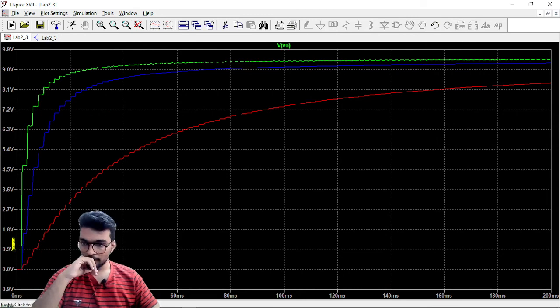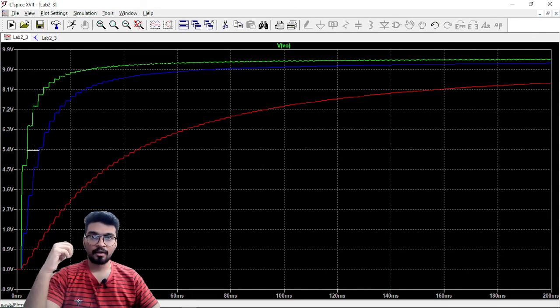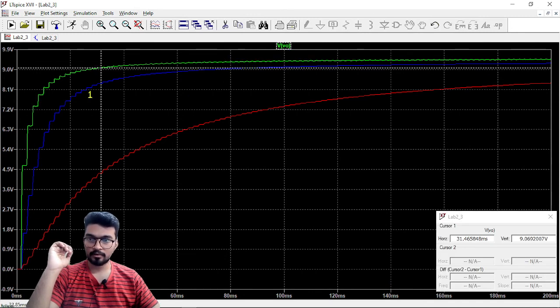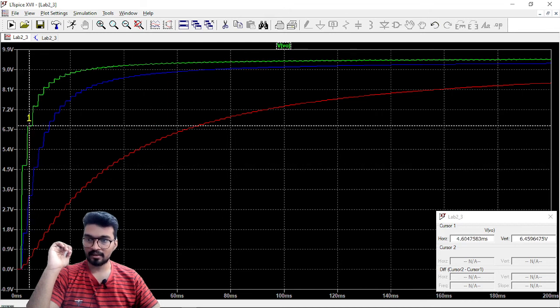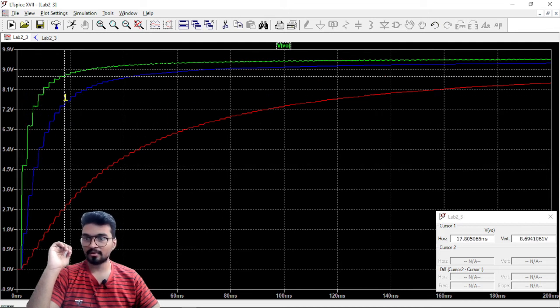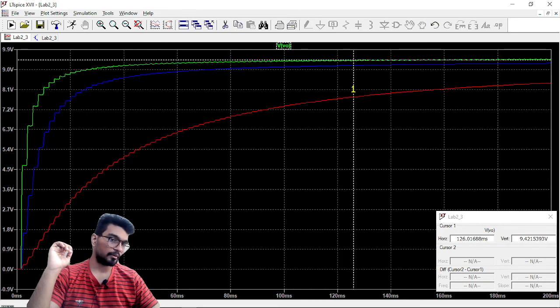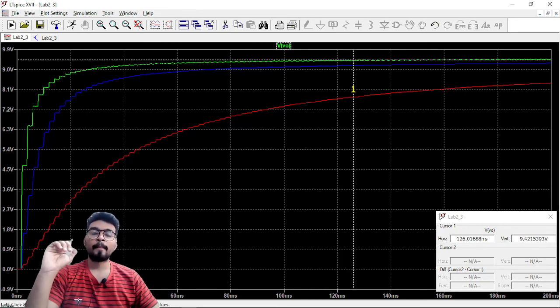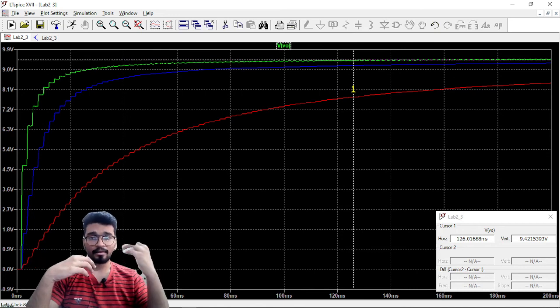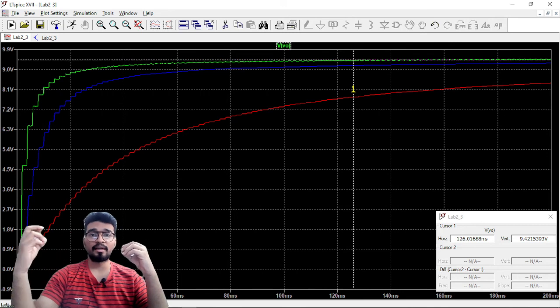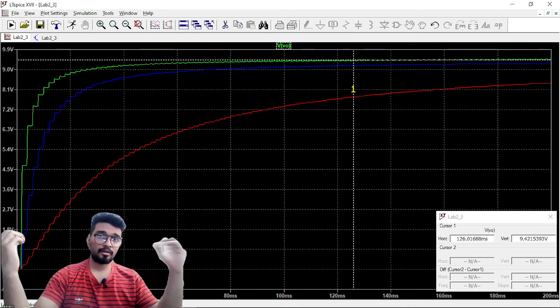You can see it will be taking time, as you can also see in the video that I have mentioned. It will take a certain number of cycles before reaching some constant value. If you click here, the first one, this is the time which it is taking. So basically first cycle, second cycle, then it is reaching a constant value of 9.3, 9.4 volts approximately. So the point here is that the circuit gives double the voltage that was there at the input.